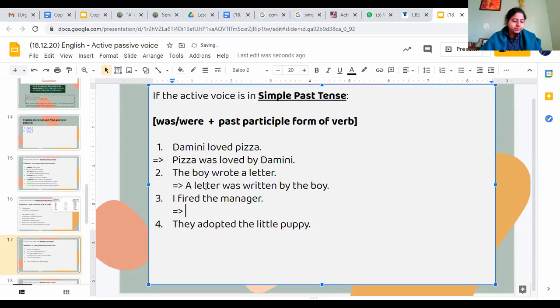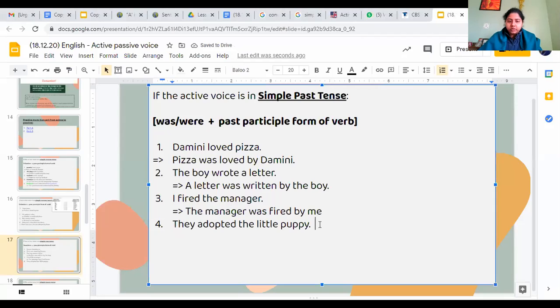Who wants to unmute and answer? And you can send in the chat box also. Yeah, the answers that I've received till now, all are correct. Shubham, again and again, I'm reminding you कि don't forget the article. अगर अ लगा हुआ है तो अ लगाओ, द है तो द लगाओ. Don't forget the article. You will lose marks for that. Yes, Debbie? The manager was feared by me. Fired. मतलब मैंने नौकरी से निकाल दिया. Yeah. The manager was fired by me. ठीक है.